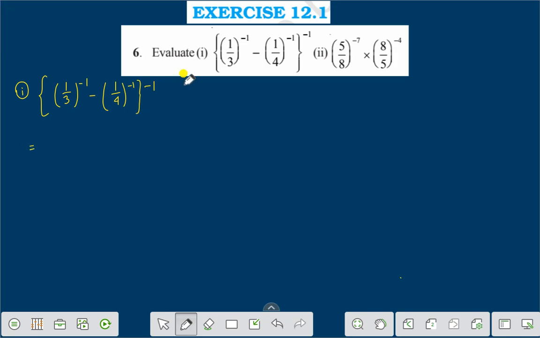we know that a to the power minus m is equal to 1 by a to the power m. We'll apply this formula here. Then we are getting (3 by 1) to the power 1, minus (4 by 1) to the power 1. In the second bracket, the power is minus 1. That means we are getting